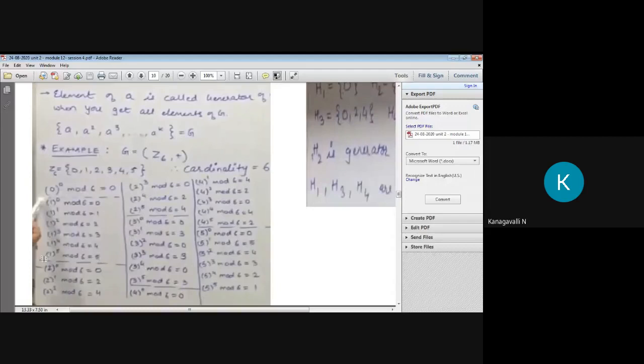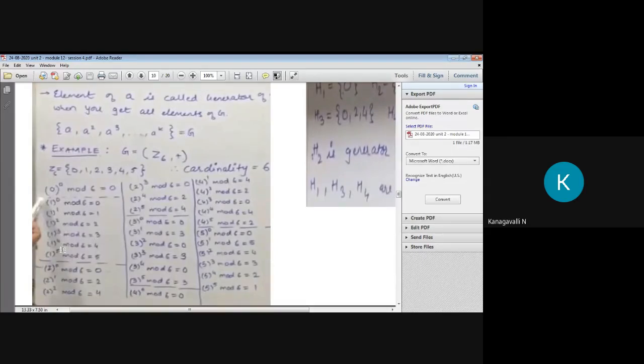How? You think that 1 to any power gives 1, right? Always we choose like that. But here it is in terms of addition. So what do we do? 1^1 is 1. 1^2 in this sense means 1 plus 1. Please see this clearly. For 1^2, you don't take it as multiplication because your group has the addition property. So if it is power 2, you have to perform 1 plus 1 addition, right? So 2 mod 6 is 2. 1^3 is 1 plus 1 plus 1, so 3, right? So 3 mod 6 is 3.